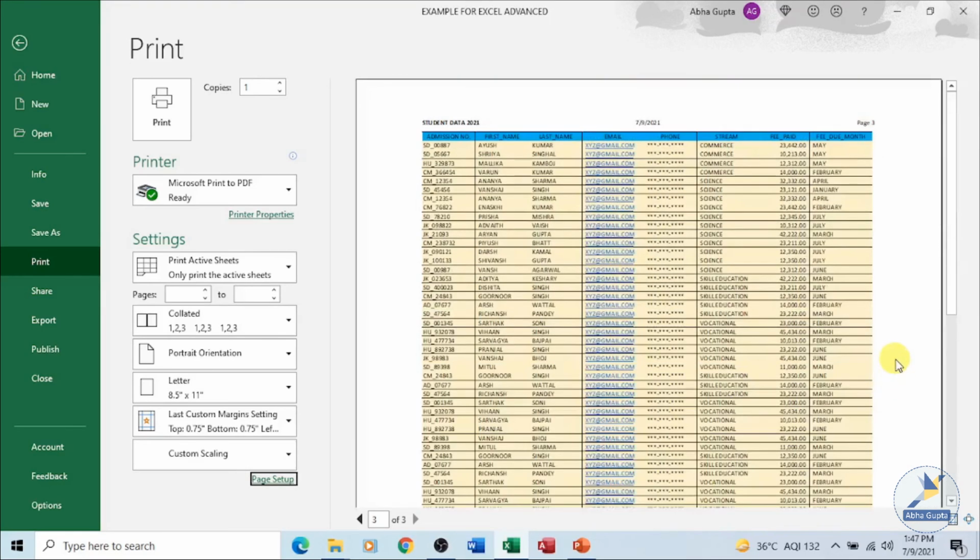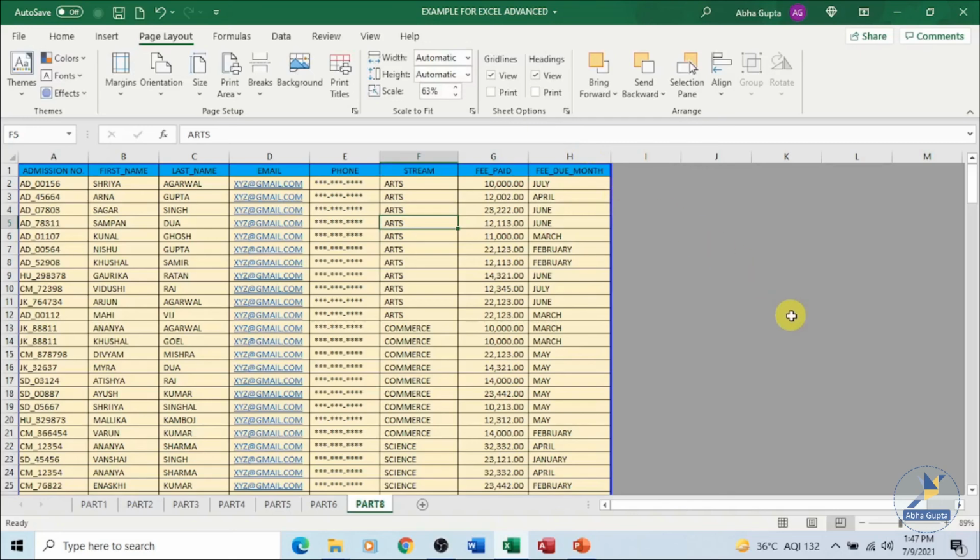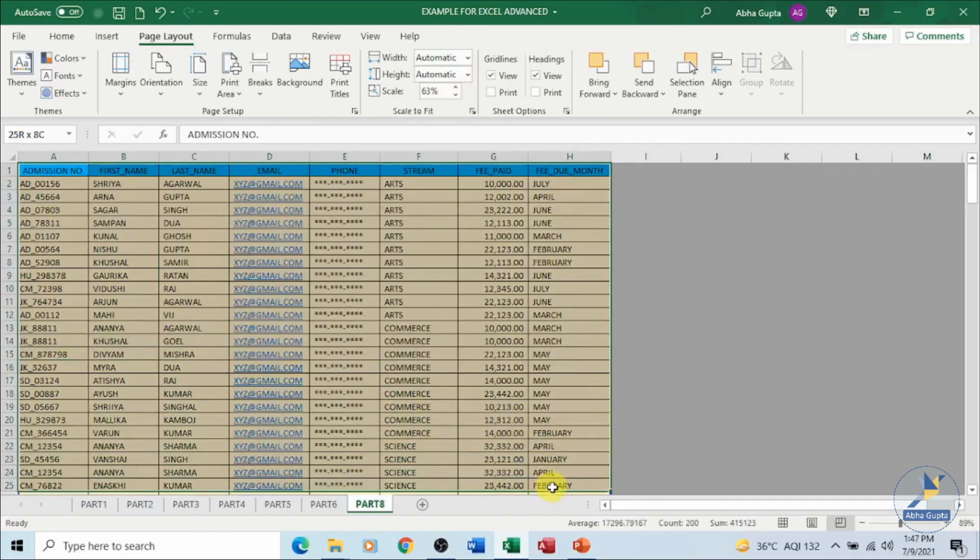I have done all the settings, whatever I wanted to appear on my page. Another thing you can do is take a selection. One more thing which I would like to add: if I want to print only a selected area or a selected record, that can also be done. I can make a selection over here.